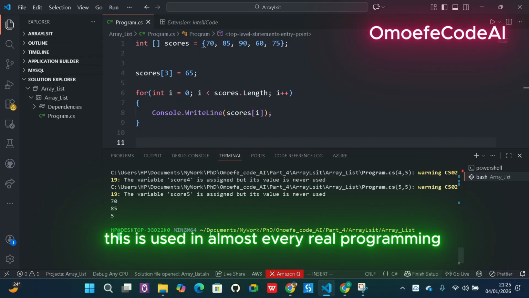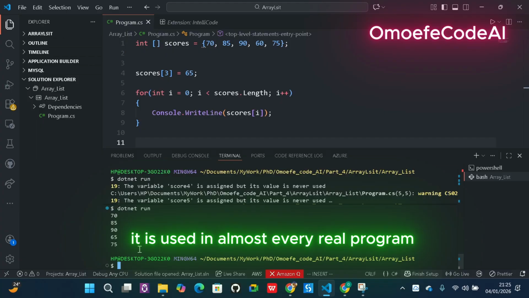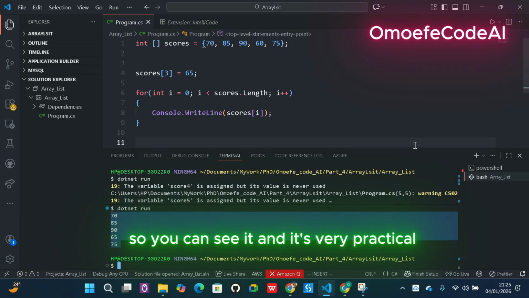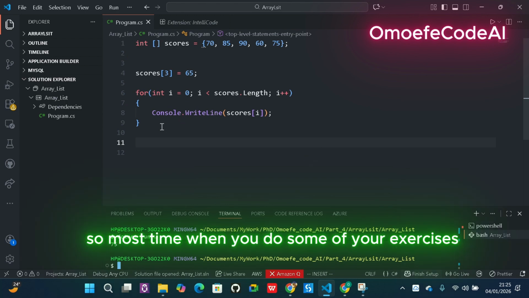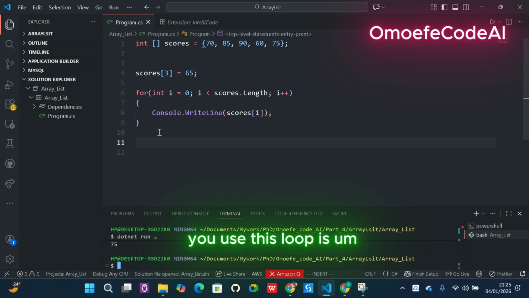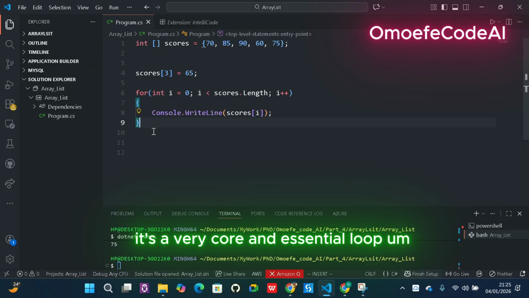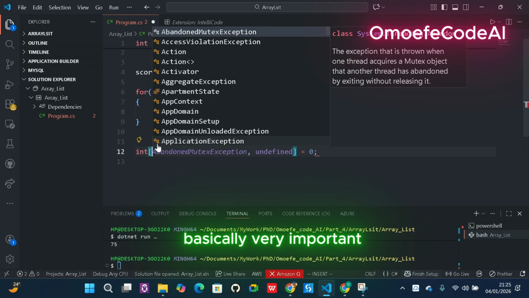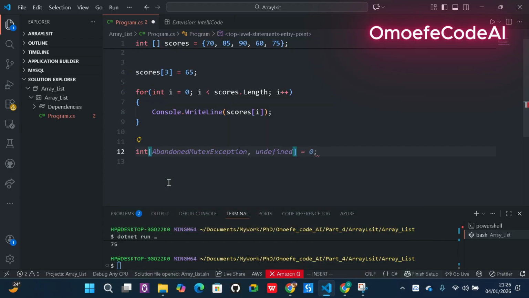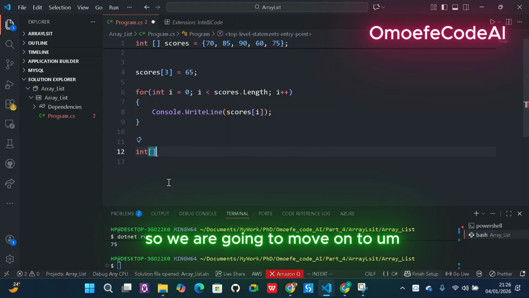This is used in almost every real program, so you can see it, and it's very practical. It's very useful. Practice this every time. Most times when you do your exercises, you use this loop. It's a very core and essential loop. Basically very important. So we are going to move on to